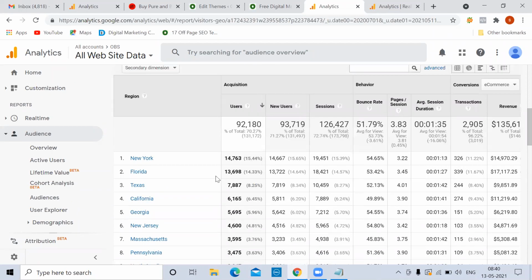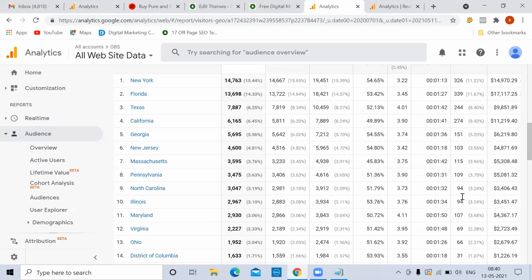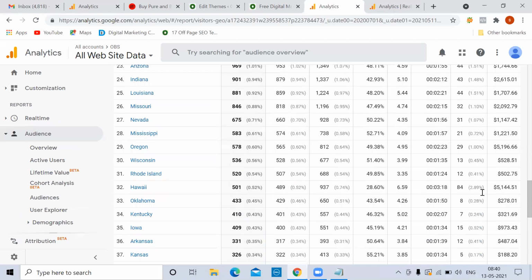Now you can clearly see that New York has more traffic and at the same time more revenue for me. New York, Florida, Texas. So you should see it like this. If there is a state like Rhode Island, fine, at $2, I got it anyway, with the sessions. Then I'll go back to Google Ads and see how many clicks happened in this state, how much budget I've spent, and how many sales I've made. Is it good for me or not? If I think it's not good, I will block this particular state.